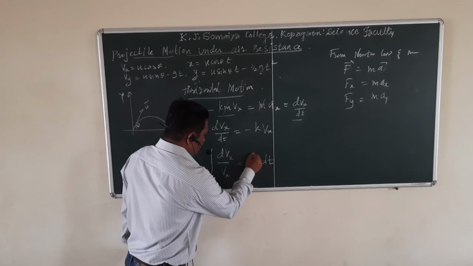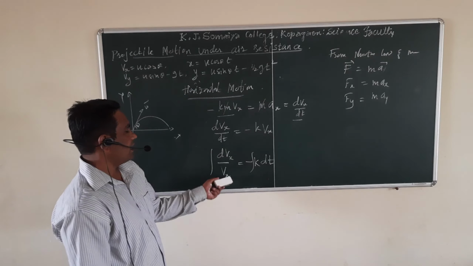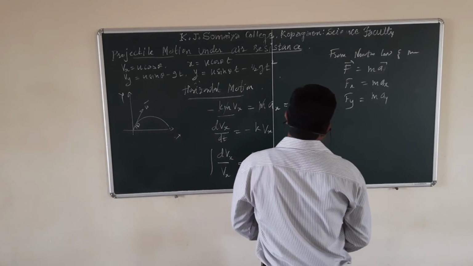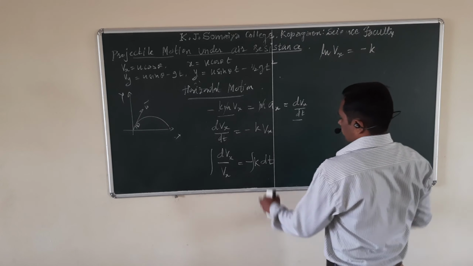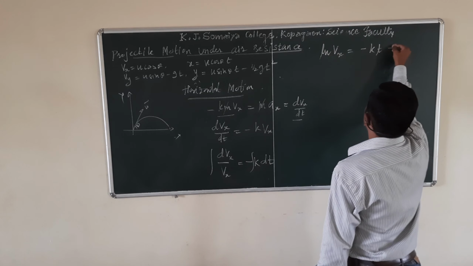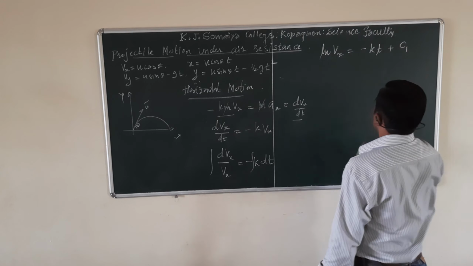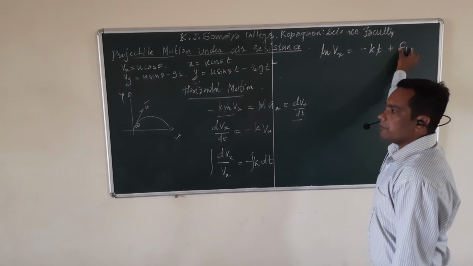So integrating this equation, we get ln of vx is equal to minus k, which is constant, times the integration of dt, which is t, plus a constant of integration c1. As I mentioned in our previous lecture, we take this constant because this motion is